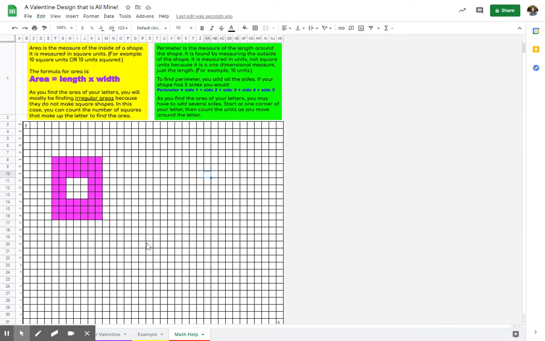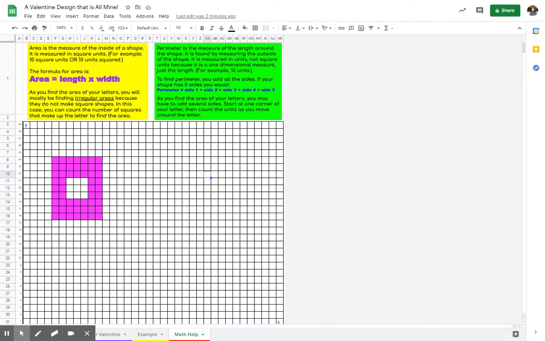Good morning, mathematicians. I want to take a couple minutes to review the concepts of area and perimeter, which you will be using in this Valentine project, especially boys and girls, because the area that we're finding, as well as the perimeter, for many of your letters will be irregular. So we won't be able to use the basic formula. We really need to look at what area is and what perimeter is in order to find those mathematical concepts